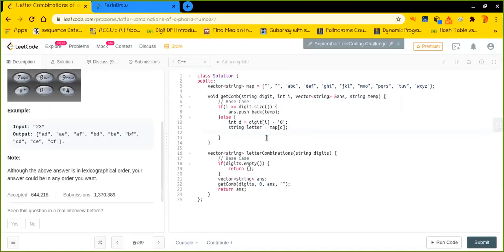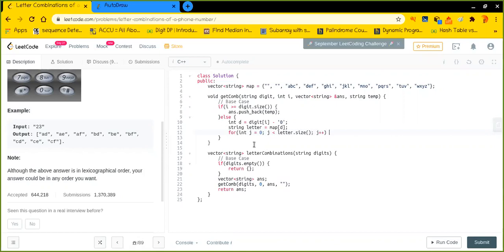And after this, I have to iterate over each and every character of this particular letters string. For each character, I have to again try to propagate other possibilities from there.